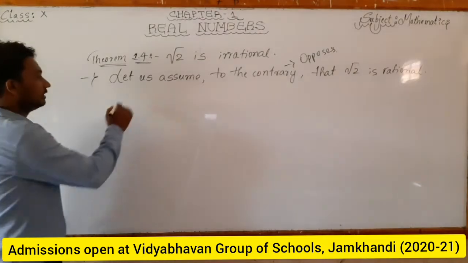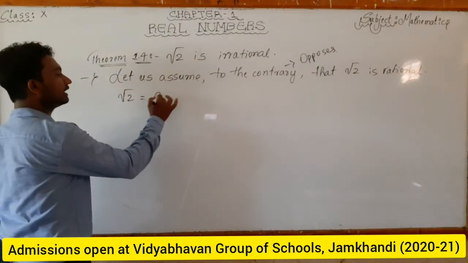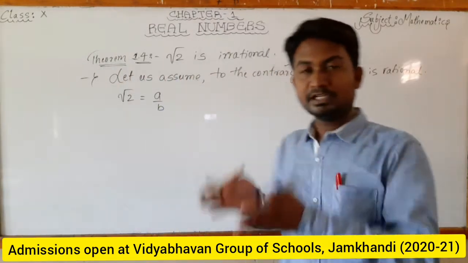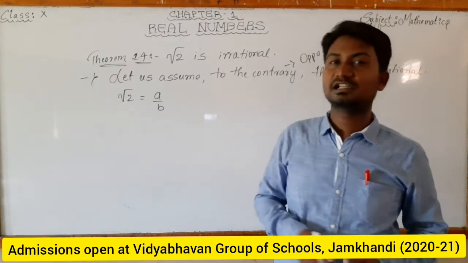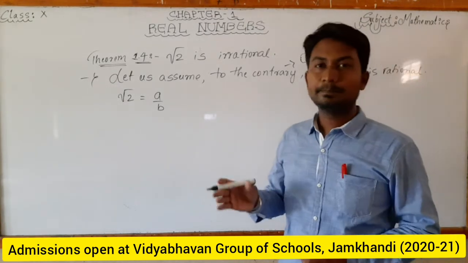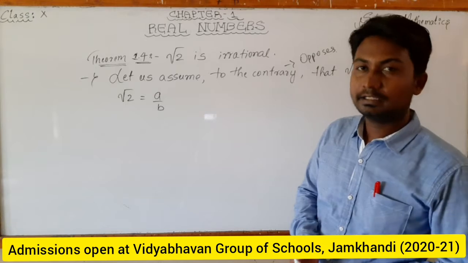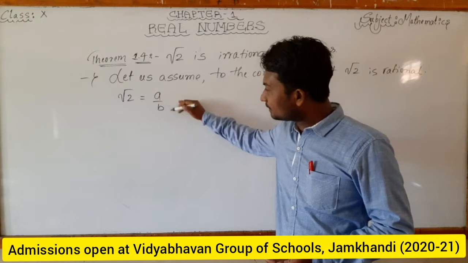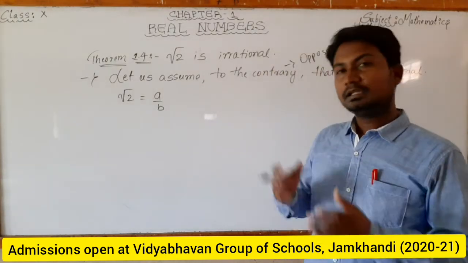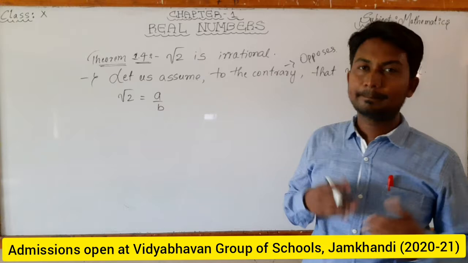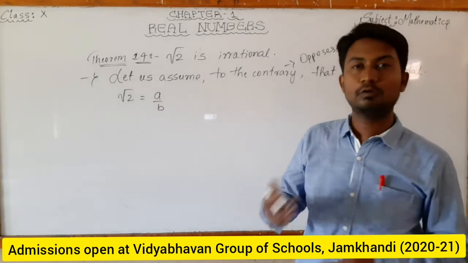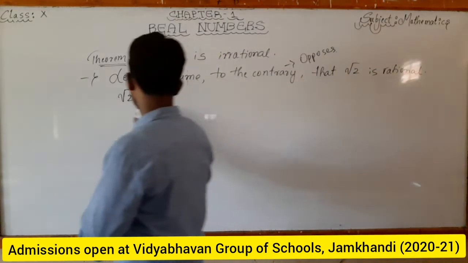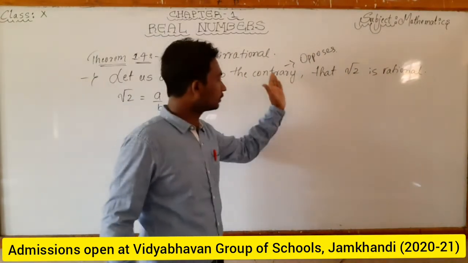If root 2 is rational, then we can write it in the form of a by b. What is the definition or condition of a rational number? If a number is expressed in the form of p by q, where p and q are integers and q is not equal to 0, that is the condition of a rational number. So I have taken root 2, according to the contradiction